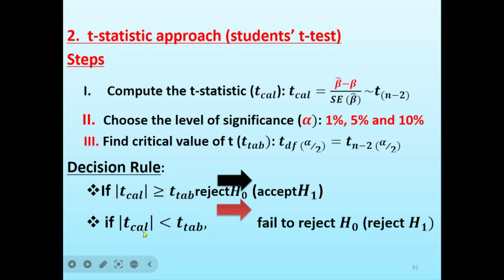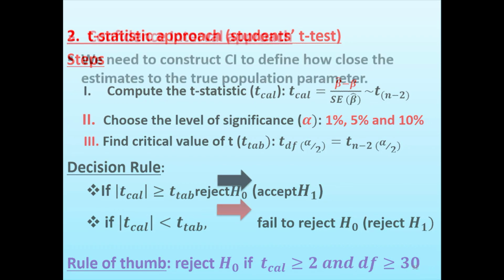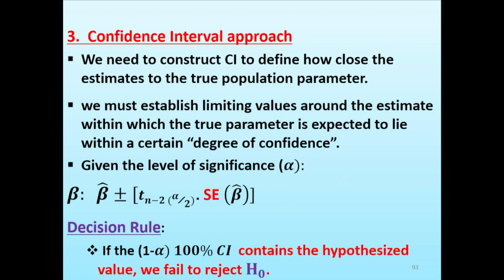በሆነ ኢንተርቫል ውስጥ true parameter ይሆናል ብለን የምናስቀምጥበት ሊሚት ማድረግ ወይም establish ማድረግ አለብን። ለምሳሌ given the level of significance አልፋ፣ ቤታ hat plus or minus this one in formula ስንጠቀም በእነዚህ መካከል ሊያልፍ ይችላል ብለን እናስባለን። So decision ለመውሰድ, if the 1 minus alpha confidence interval contains the hypothesis value, we fail to reject H naught, right? ስለዚህ accept እናደርጋለን። ኢንተርቫሉ ነው የምናየው። P value approach የሚባል ይሄንን በራሳችን ማየት ይሆናል።